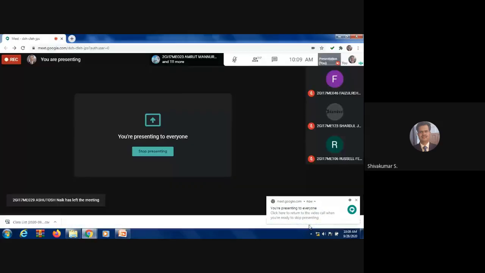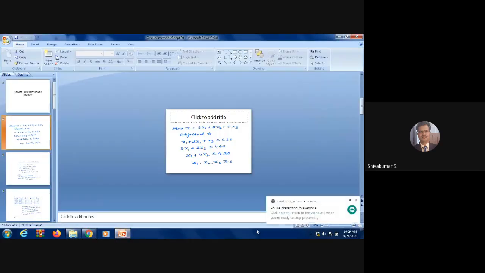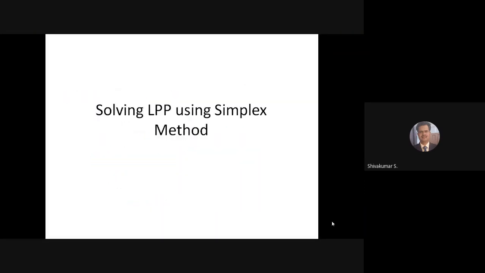So I'm going to start a linear programming problem, LPP, solving LPP using a simplex method. So far, I have covered in Unit 1 the theory portion: the definition of LPP, advantages, disadvantages, steps in OR, and the characteristics of OR. Also solving the LPP using a graphical method. When there are only two variables, it can be solved using the graphical method, and I also told about how to formulate the LPP. So in fact, LPP has mainly three elements.